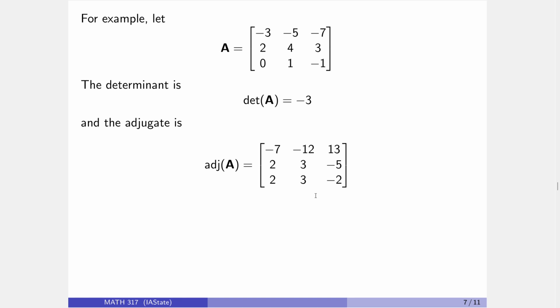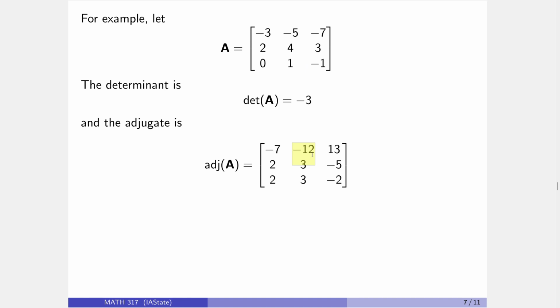And the adjugate can be computed as follows. So again, note, we get this entry by deleting row 1, column 1, taking the determinant of what's left over. And note that that is going to be a plus. This entry here is the 1, 2 entry, which means I delete